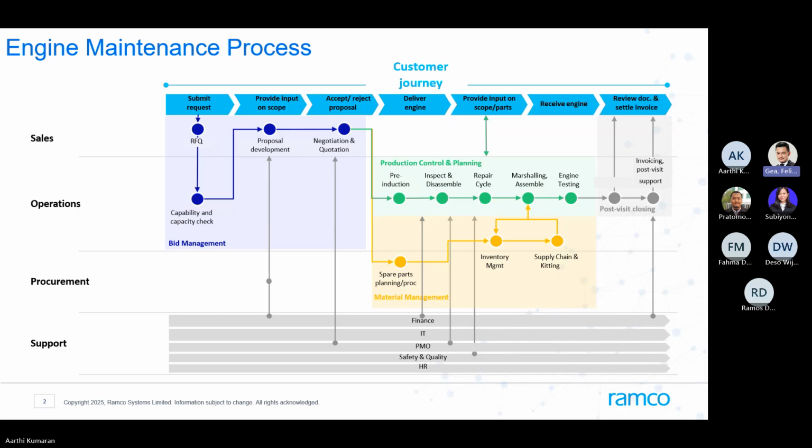Once we have the pre-induction done, we wait for the engine to be received. We have the engine receipt done. Once we receive it, it is moved into the facility. We have the initial work scoping that happens, right? Based on the data of your configuration, your LLPs, the replacements required, service bulletins, and also the high-level work scope that has been requested, you also have an initial work scoping done, or the plan for the job. And once that is done, it is moved into your shop